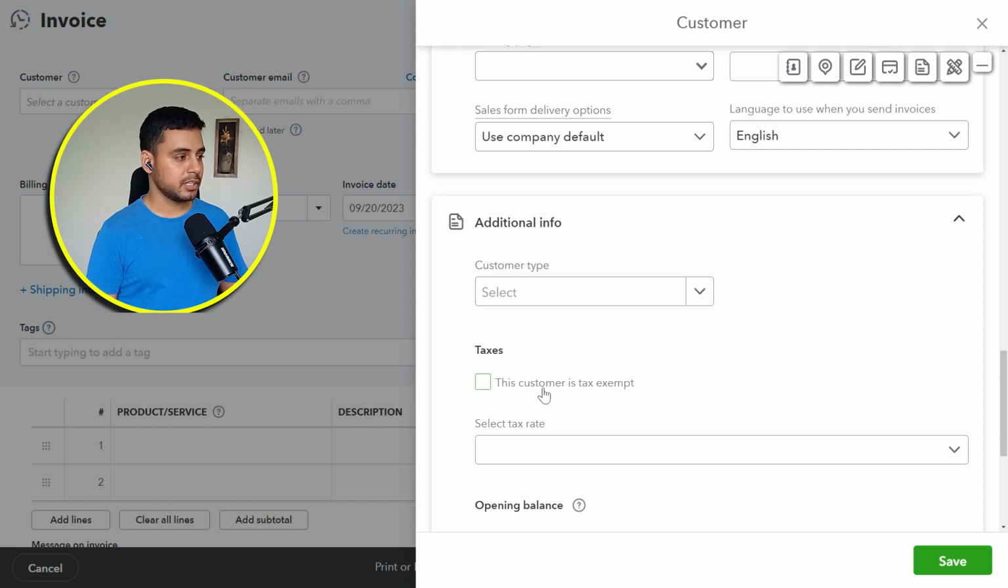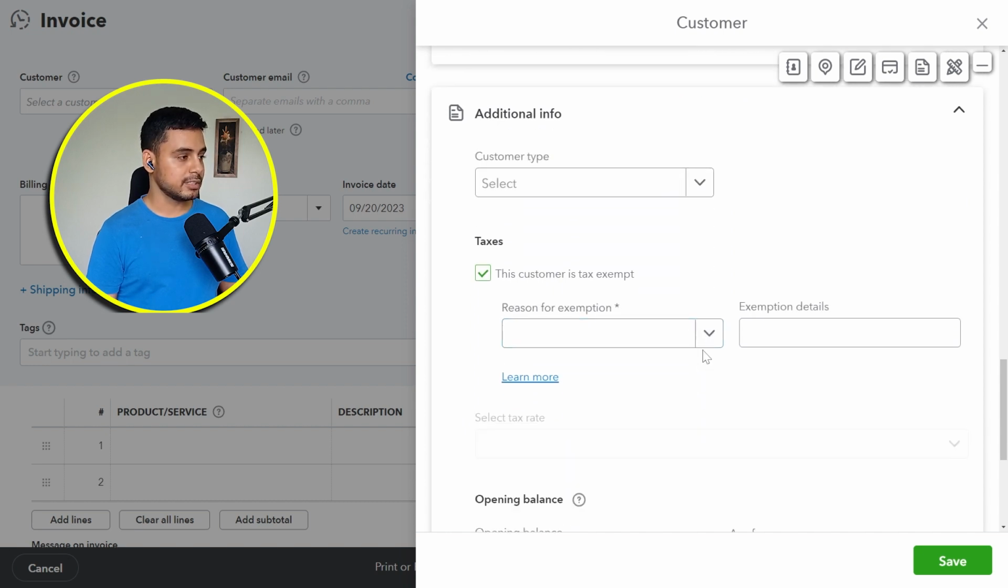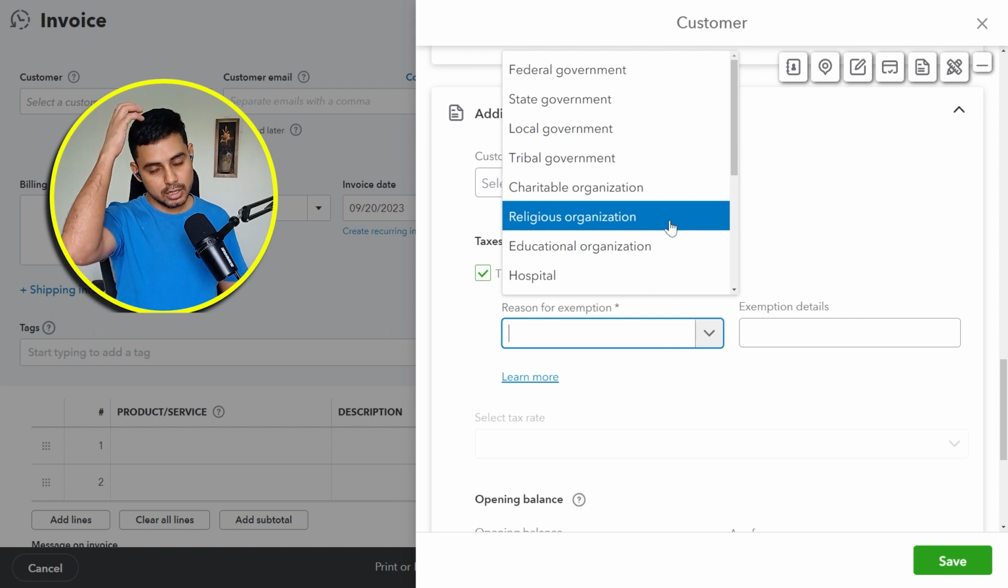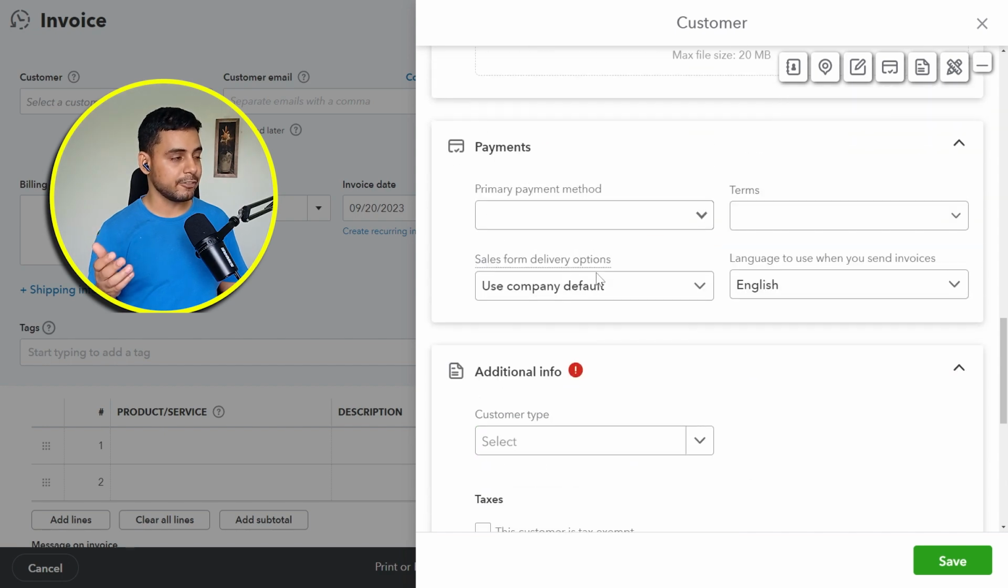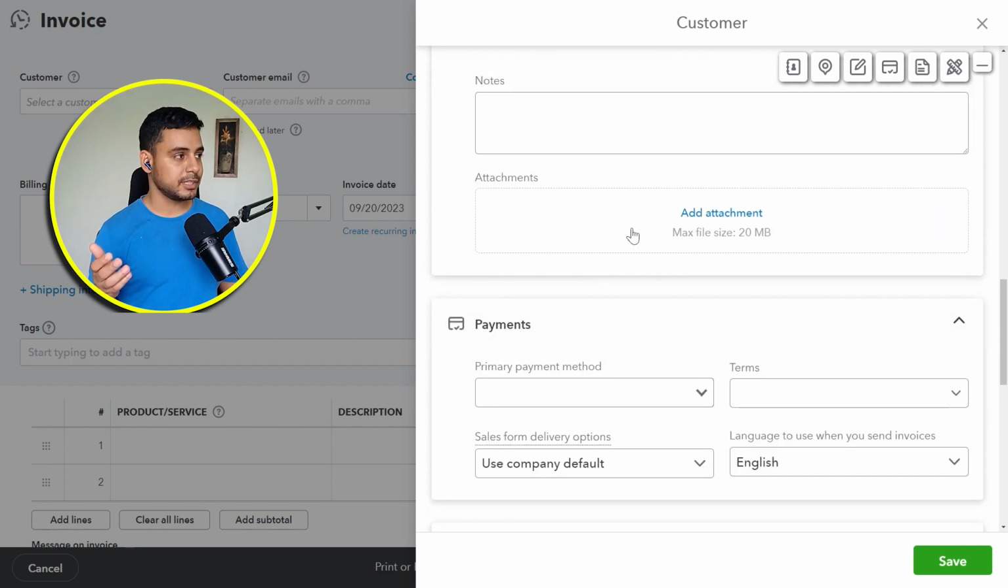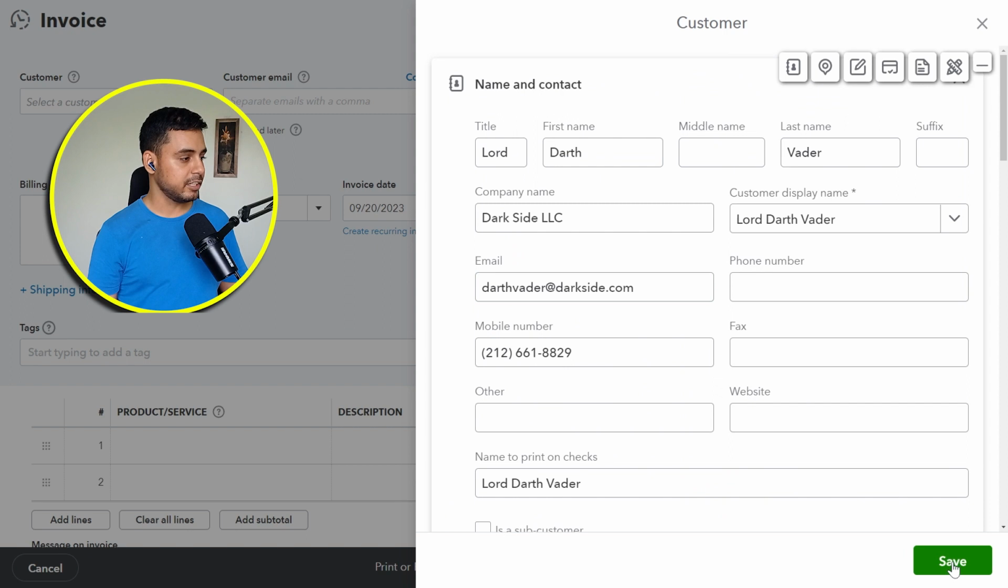You can mark this customer as tax exempt and you can select one of the reasons available. Tax exempt customers can include federal agencies, in some cases state agencies, hospitals, as well as wholesalers and retailers of your product. If your customer is not the final consumer of the product, then you can use the resale option and attach the resale certificate that you obtained in the add attachment section here. You can then click on save